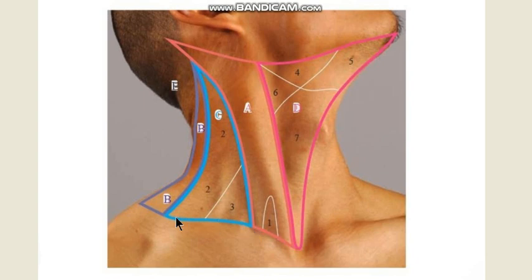The base is the middle one-third of the clavicle, and the apex is high up on the superior nuchal line of the occipital bone, where the sternocleidomastoid and the trapezius meet almost at a point.